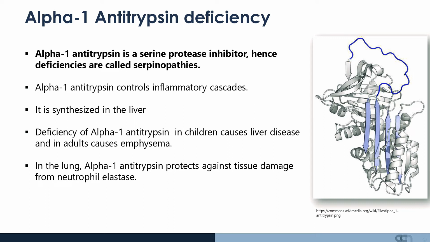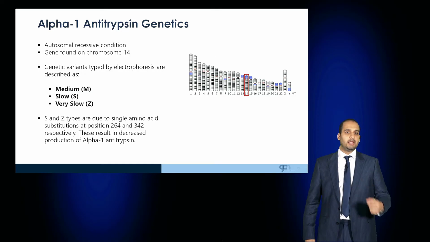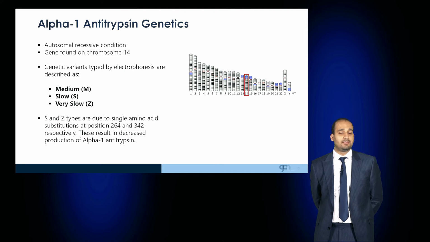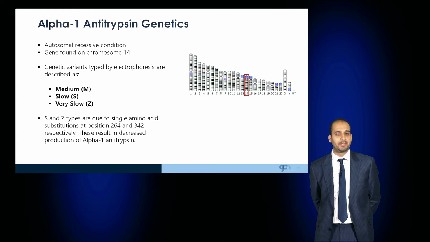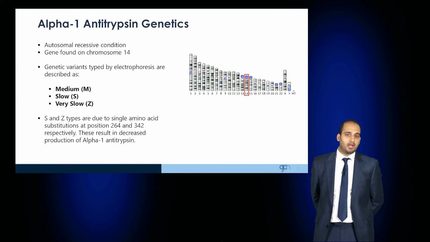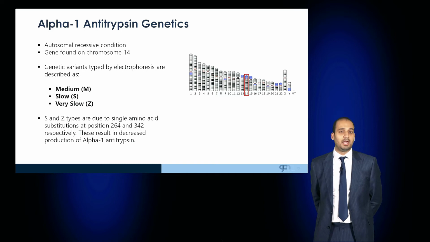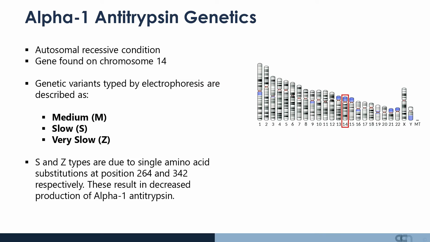In the lungs, alpha-1 antitrypsin protects against tissue damage from neutrophil elastase. The condition is autosomal recessive, and the gene for alpha-1 antitrypsin is found on chromosome 14. The genetic variants are classified by the electrophoretic findings, and patients can either be medium, slow, or very slow, denoted